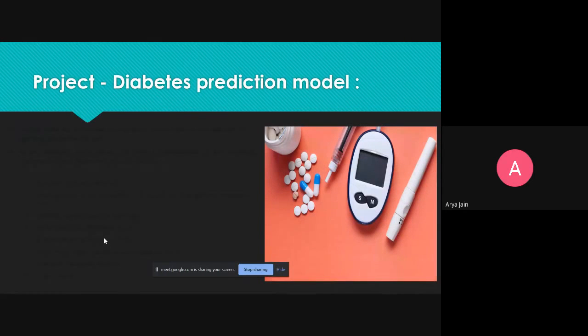So now I'm going to present my project, a diabetes prediction model, which is a logistic regression model. I have built this AI model to predict if a person has a risk of getting diabetes or not.